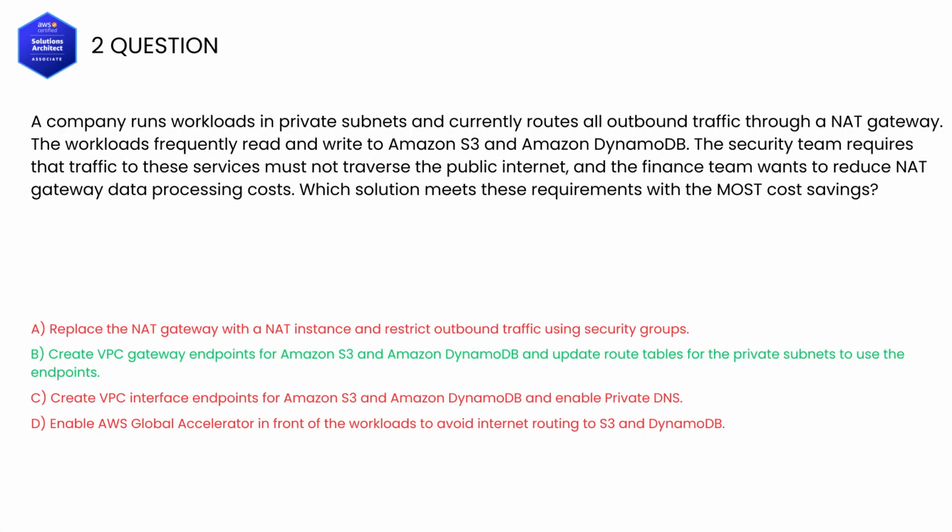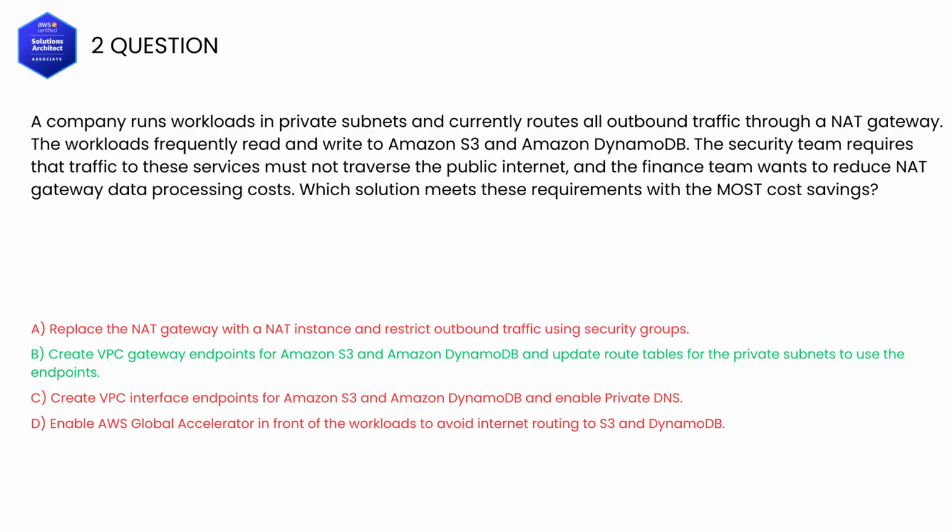Which solution meets these requirements with the most cost saving? The correct answer is B. Why? Gateway endpoints keep S3 and DynamoDB traffic on the AWS network without requiring internet routing, reducing exposure and improving security posture. They also eliminate a large portion of NAT gateway data processing charges for these